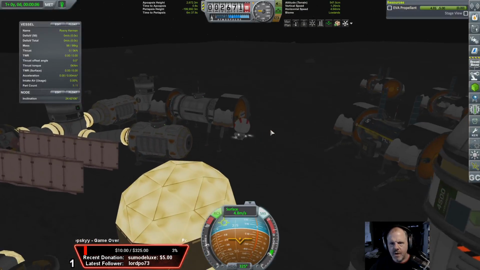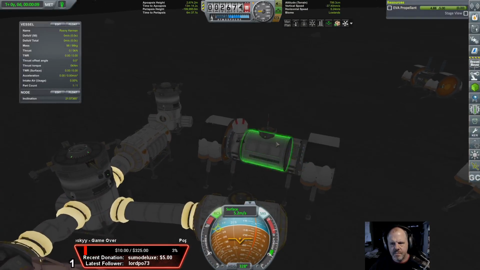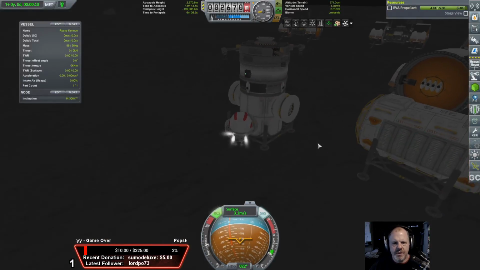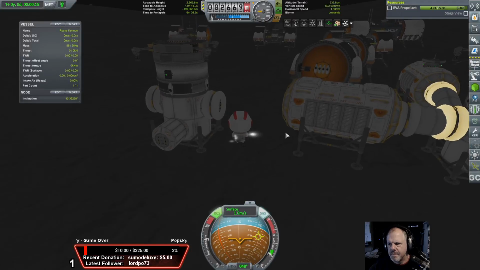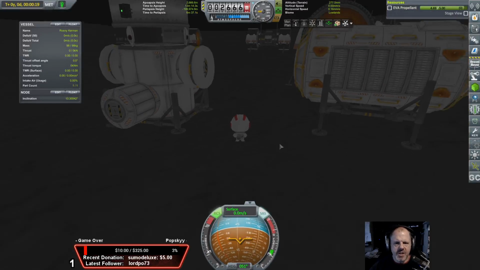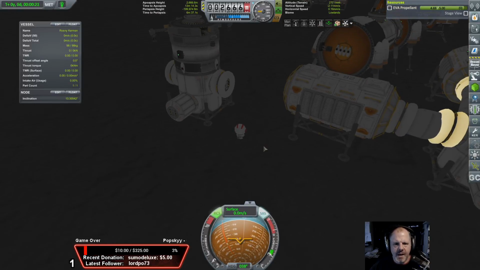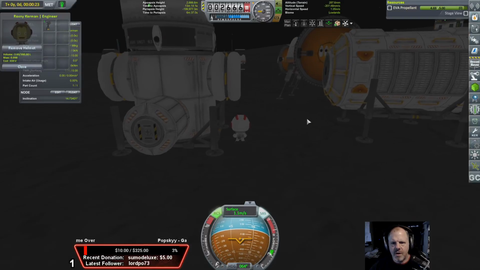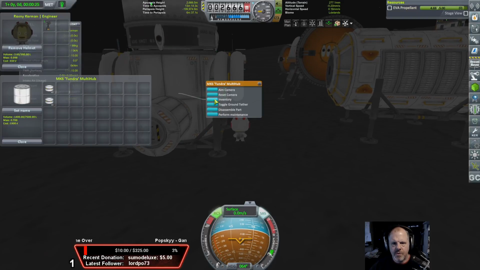Let's get him over here. Is this? Yeah, it is. MKS, UKS, yes. I just want to set up a self-sustaining base, and the only way I know is MKS, UKS, to do it. Alright, so what we're going to do is go over here, open up this inventory, grab a flex tube,